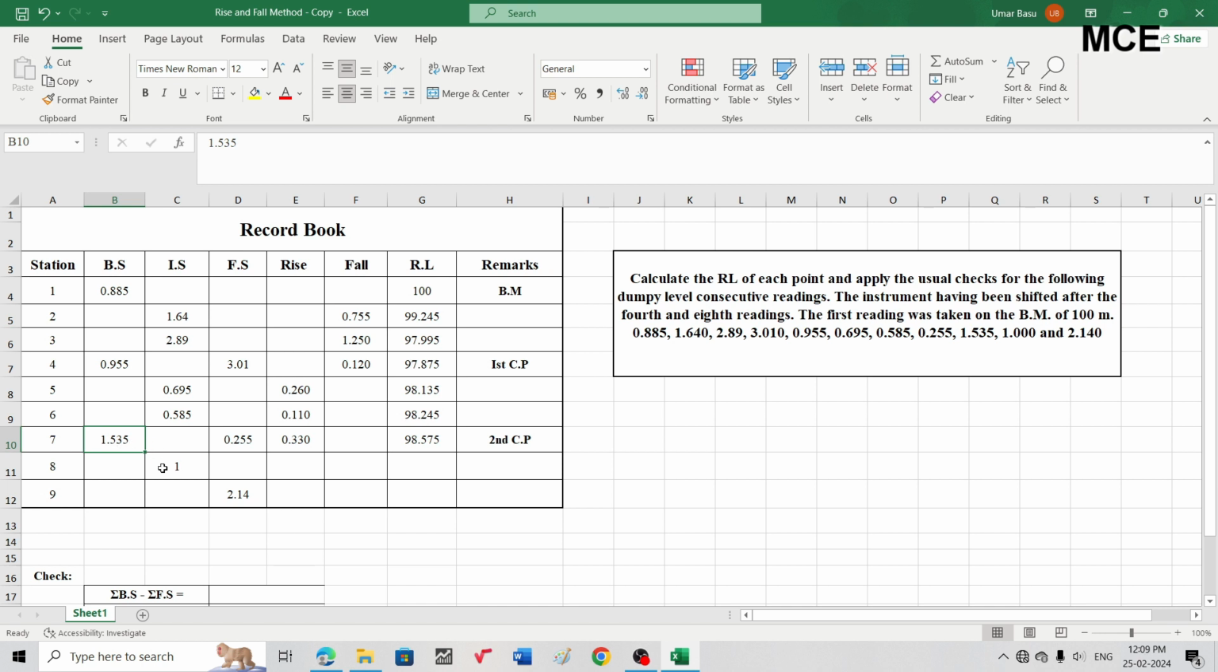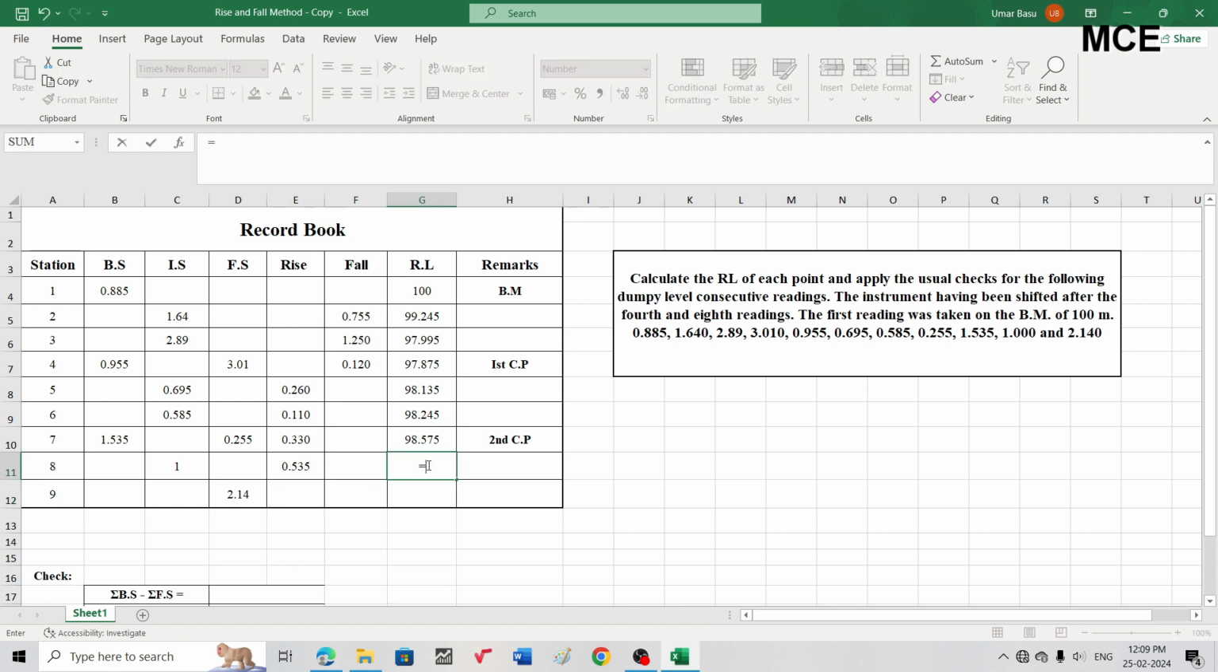You can see again the ground level is rising because at station 8 the staff reading is 1, and at station 7 the staff reading is 1.535. So there is again rise. So take the difference, that is 1.535 minus 1, which is 0.535, is the rise from station 7 to station 8,